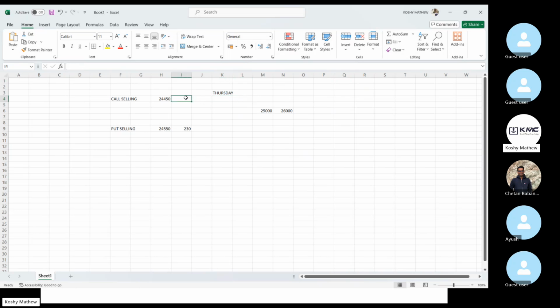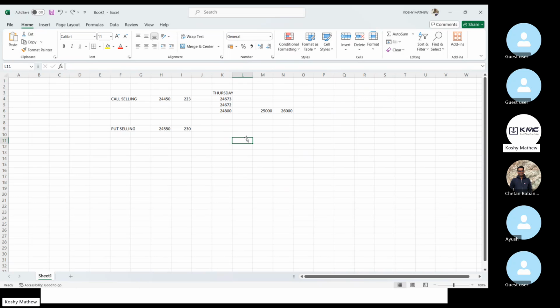Sorry, I had said it correctly earlier. Call seller means I'm expecting the market to go down. The buyer will make a profit, he's buying it. The seller will make the profit only when the market does not go beyond 24,673. The buyer will make a profit only when it goes beyond 24,673. If it crosses 24,673, the buyer makes a profit because he bought the call, expecting the market to go beyond